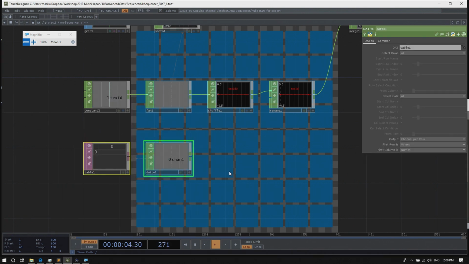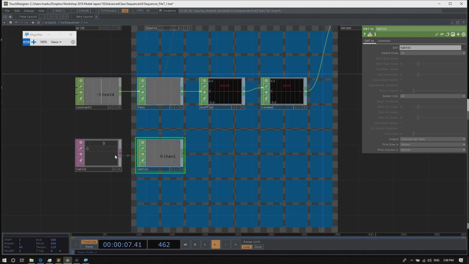For the options on how to convert this table to a chop, we'll select channel per row as output, and we'll leave the rest as it is.